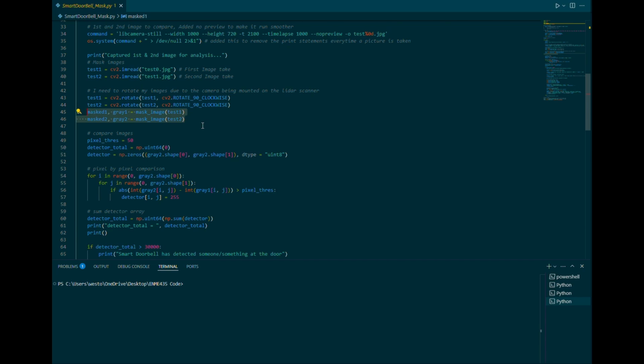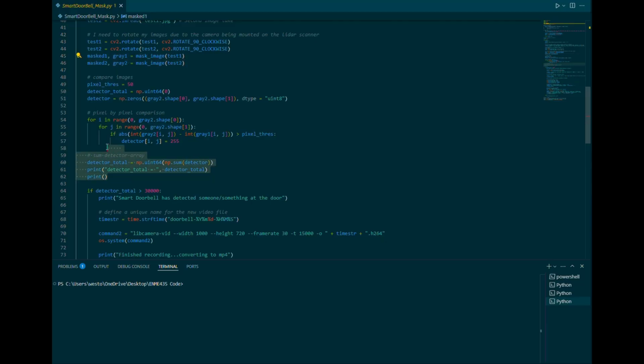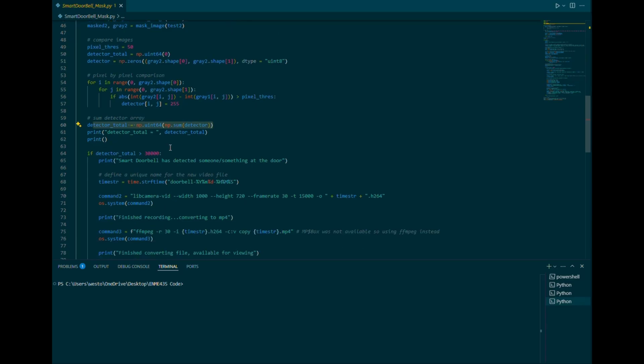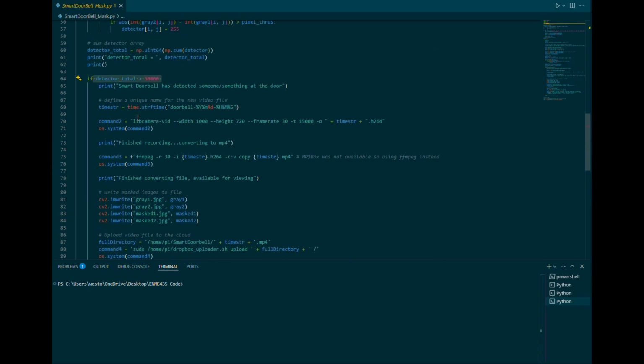They're fed into the mask image function. And then this area right here is really the main detection, which detects the change in pixels. And basically, by looking at the image row by row, column by column, it determines, are the pixels different? And if the pixels are different, we basically add this to the detector total. And then if detector total is greater than the threshold, it will then trigger all of this code here,